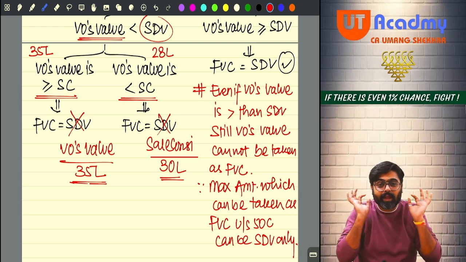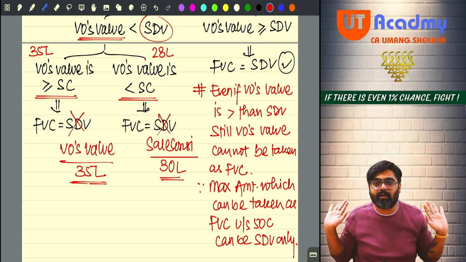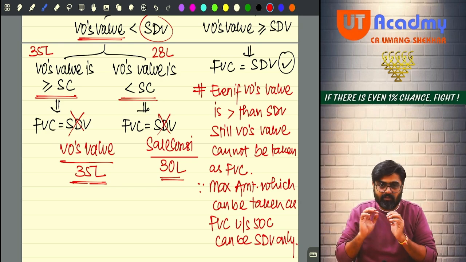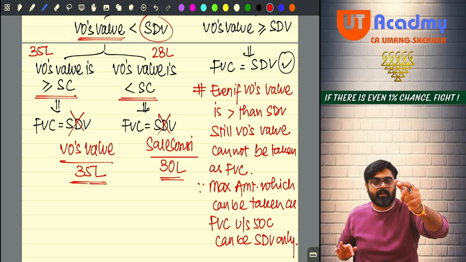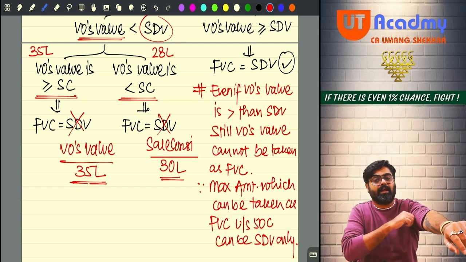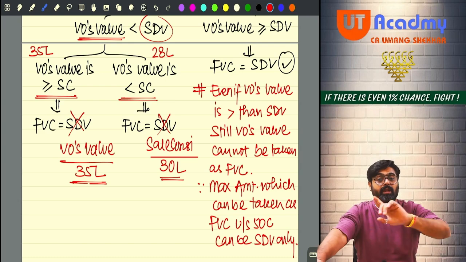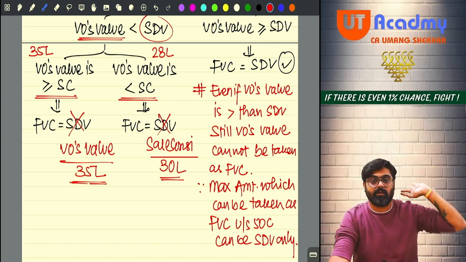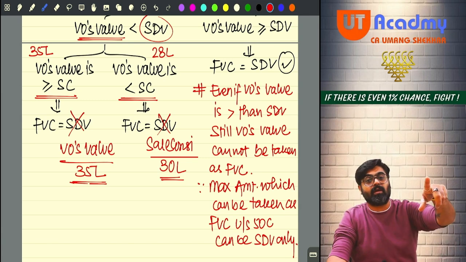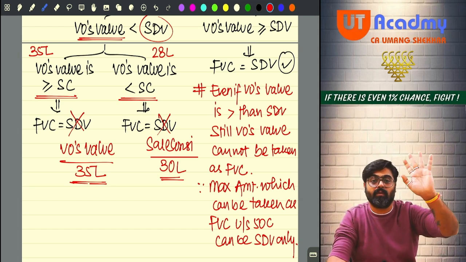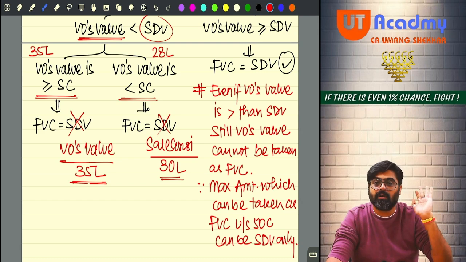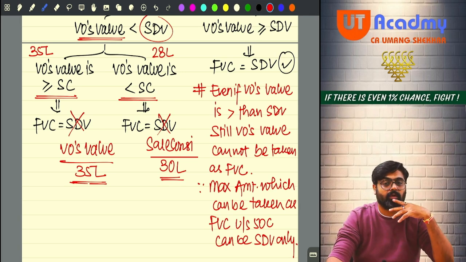So the AO says, okay, sorry, we are not going to take the stamp duty value now, because taking that will be bad for you. It will be harassment. So we will not take the stamp duty value. Okay, but wait, you will have to pay tax on your entire sale consideration because it is more than the valuation officer's value. But if our valuation officer's value is higher than your sale consideration, then we will not accept your sale consideration. The valuation officer's value will be taken as your full value of consideration. Yes or no?